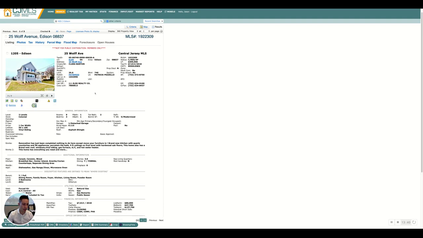So you can read through these MLS sheets and compare them to the property that you're looking to compare it to. This could be anything that you want to go off of, but the main factors for valuing a property are going to be the amount of bedrooms. Bedrooms can affect the value of a property pretty significantly. If this was a 3-bedroom and we were comparing to a 4-bedroom, I typically say,